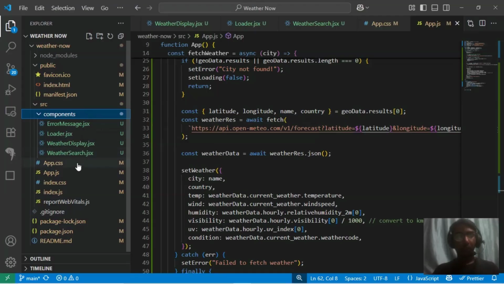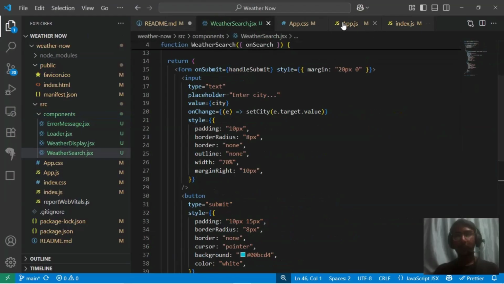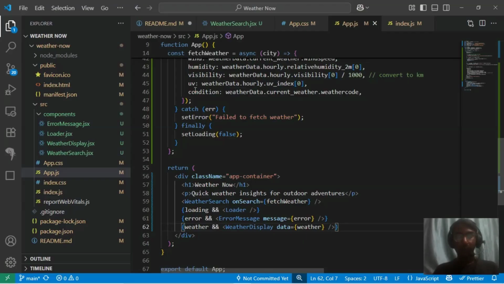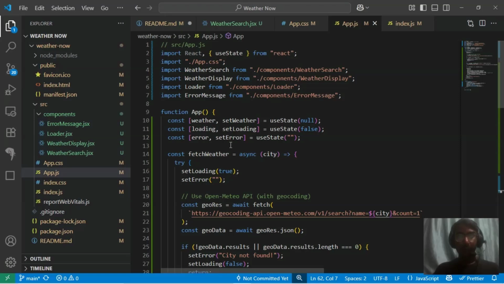So let's get into the code. Here in App.jsx, we use state to store weather data, loading state, and error messages. When a user searches,